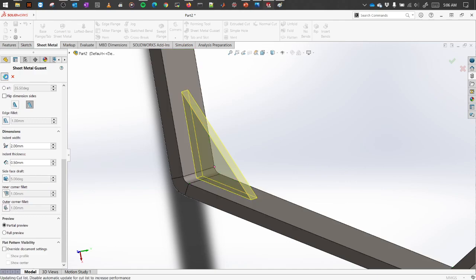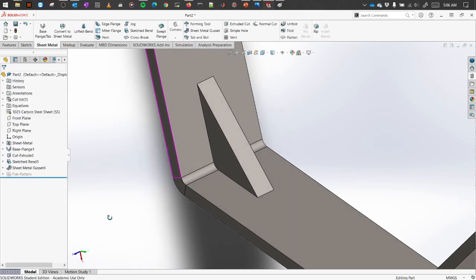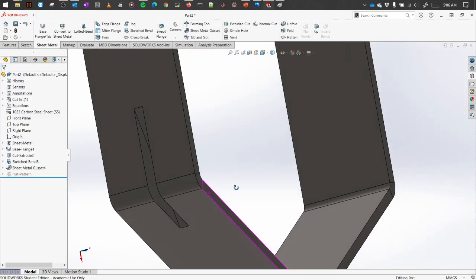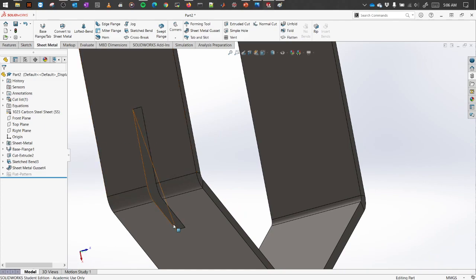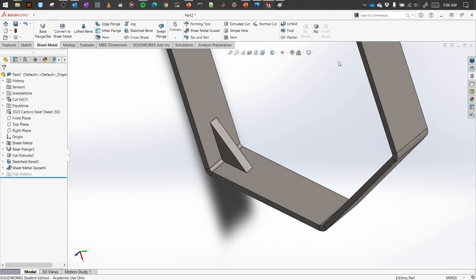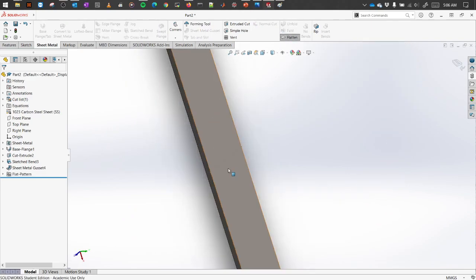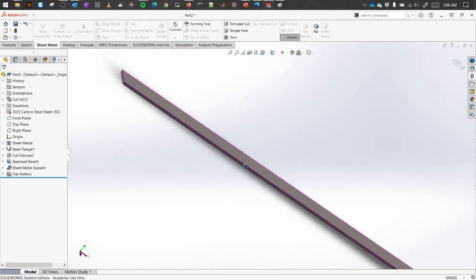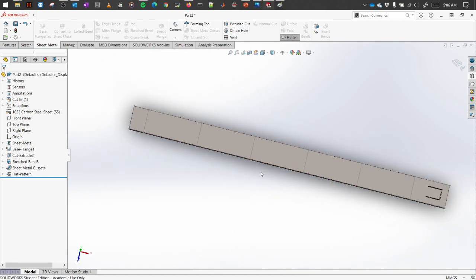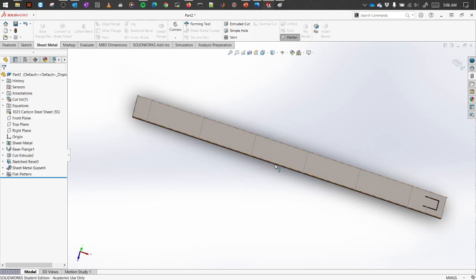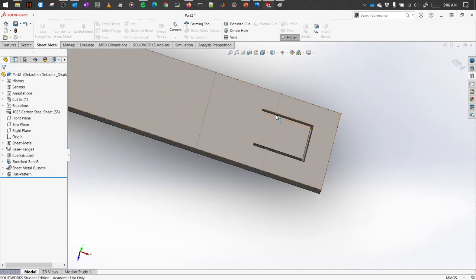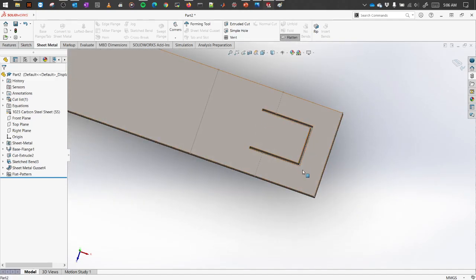Once done, just click OK, and the supporting tool has been used, and you see that the indentation that we mentioned is also on the outside of it. Okay, if you flatten it, you will see it is not present there, because that's a process that's used after creating the whole thing. It doesn't have to be on during the cutting process. But here, these are some of the major points that we're going to need. Like here, we had this cut